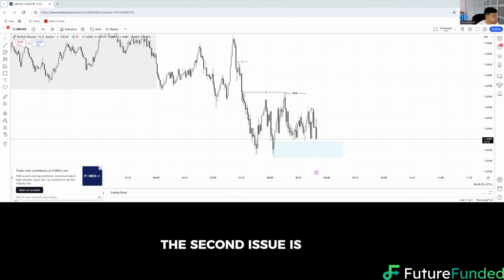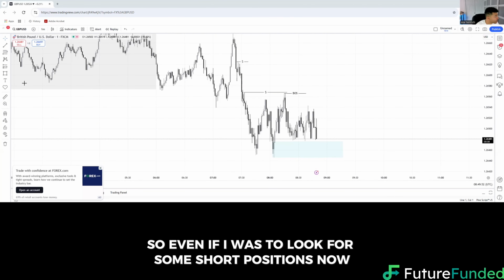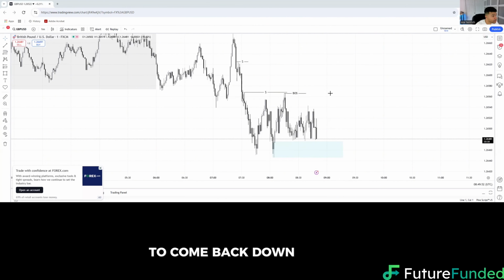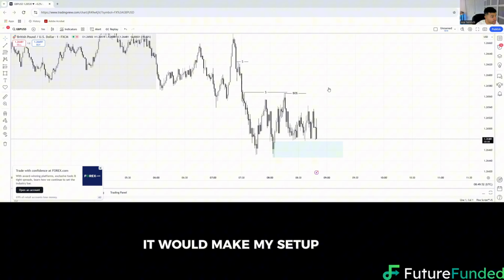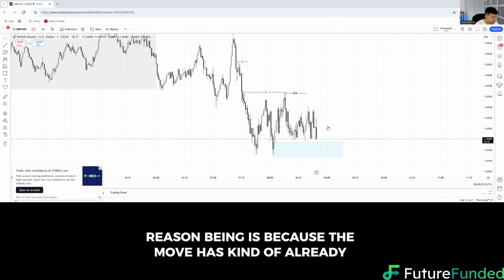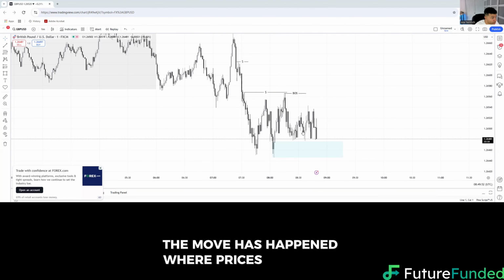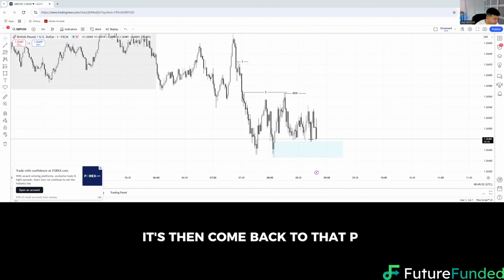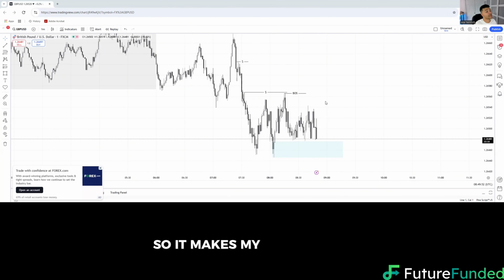The second issue is that price then taps into that 1-minute point of interest and then starts to move away. So even if I was to look for some short positions now to come back down to here, it would make my setup more or less invalid, because the move has kind of already happened. The move has happened where price is pushed up, it's then come back to that POI and then left. So it makes my setup a lot more risky, to be completely honest with you,